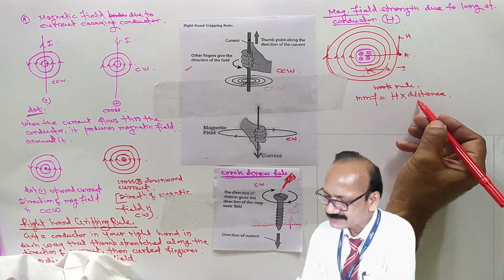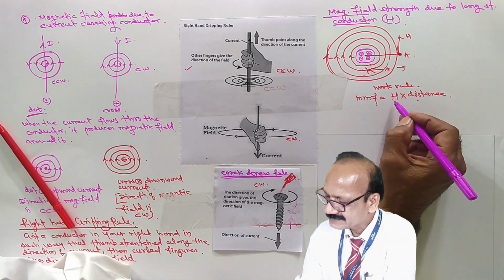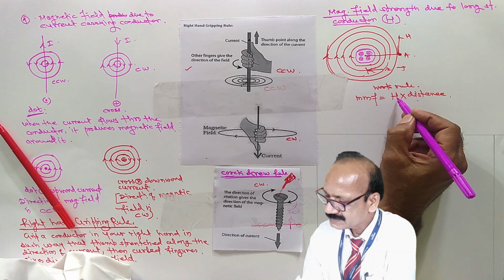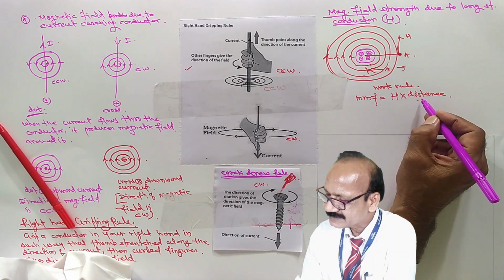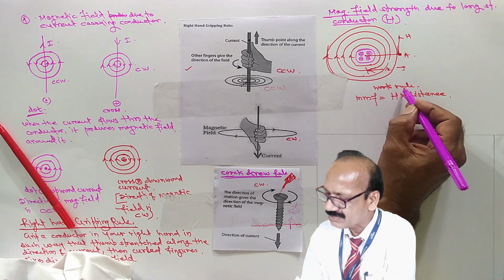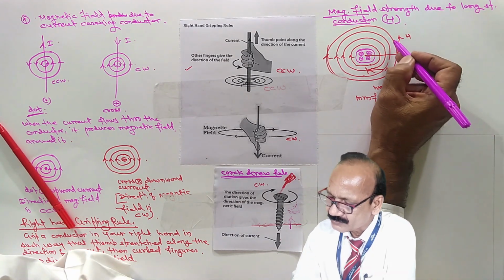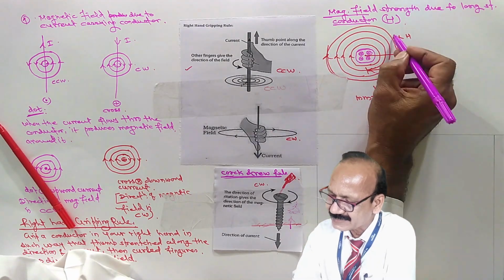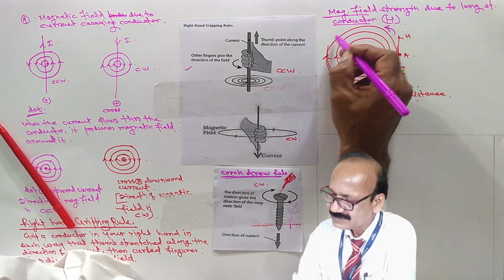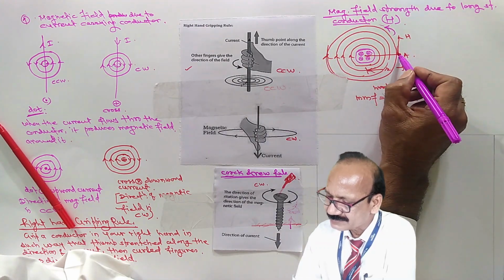Actually, this is nothing but a force. Magnetizing force into distance is nothing but work done, and that's why it is known as work law or work rule. So when this force is moved against the direction of the magnetic field and completes the closed path, a complete round,